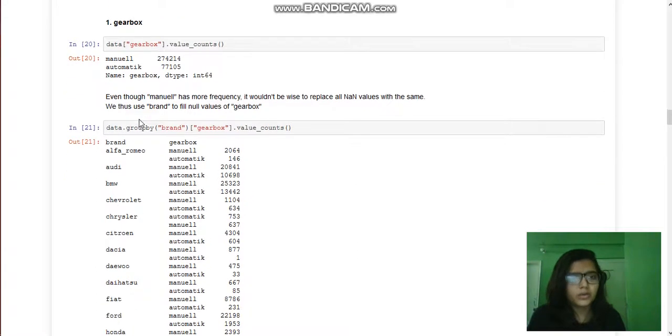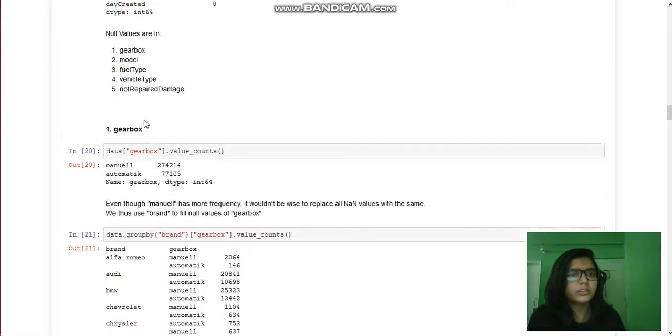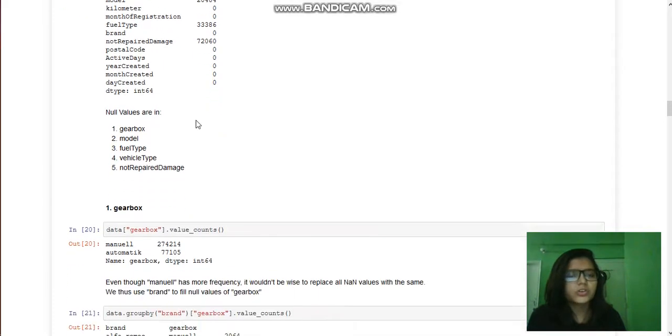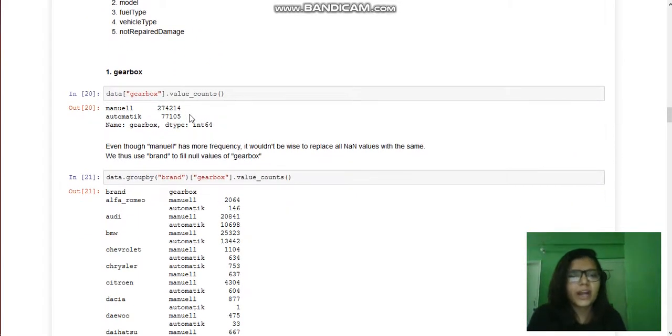Even though manual has more frequency, it wouldn't be wise to replace all null values with the same. We thus use brand to fill null values of gearbox. Brand has no null values, so we are going to use the brand to replace all our gearbox nulls.